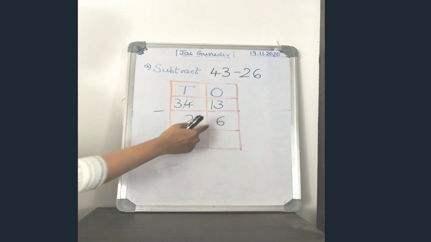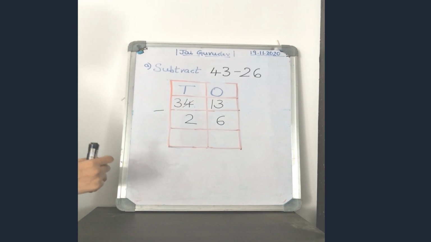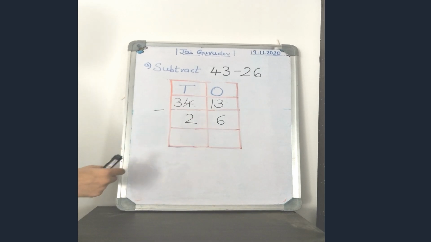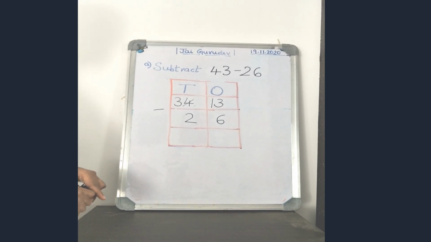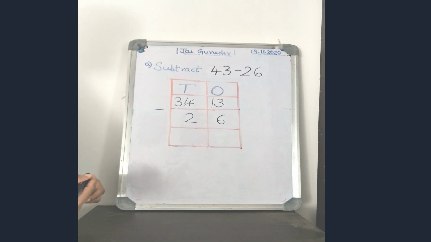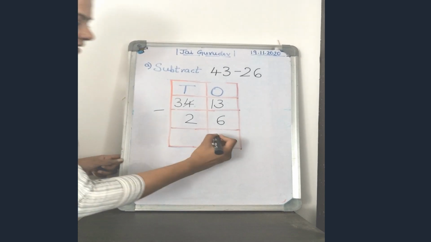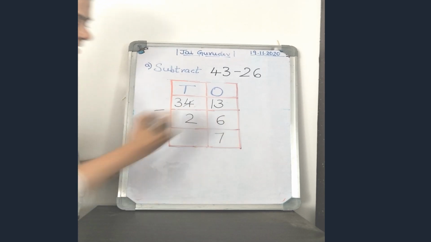Now we have 13 and 6. Now do we have the bigger number on top? Yes. So now let's subtract. Now keep the bigger number in your mind and the smaller number on your fingers. And when we do subtraction, we always count backwards. Correct. Give me the answer, children. How much is 13 minus 6? You're correct. It is 7.